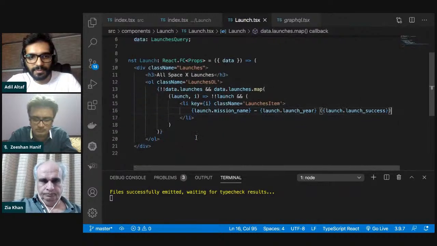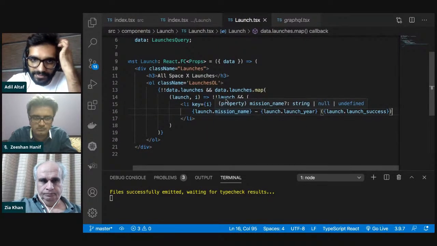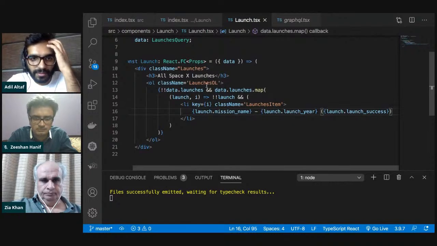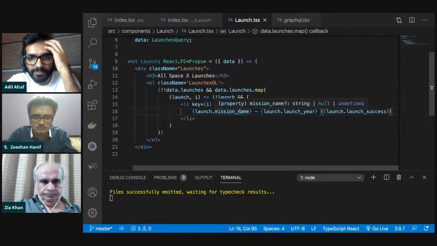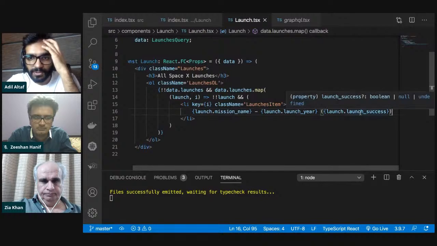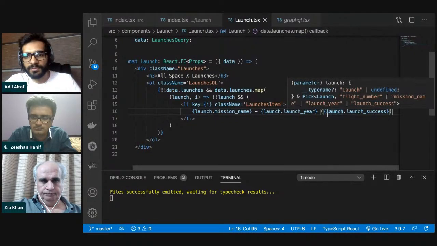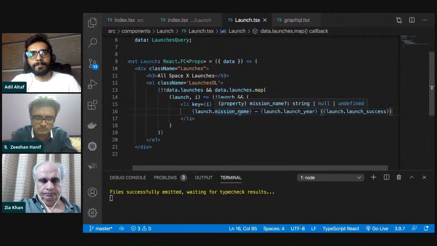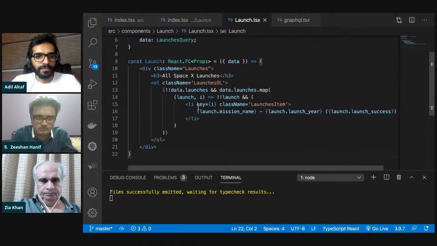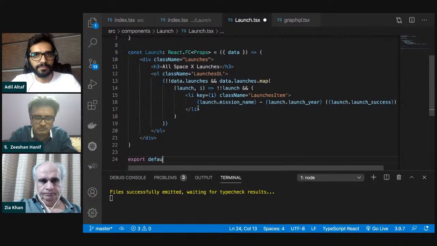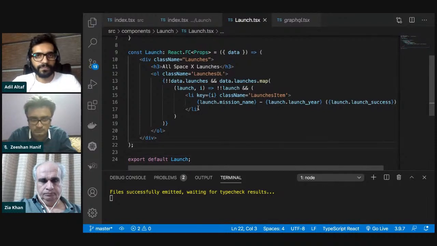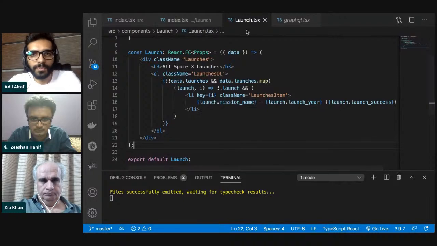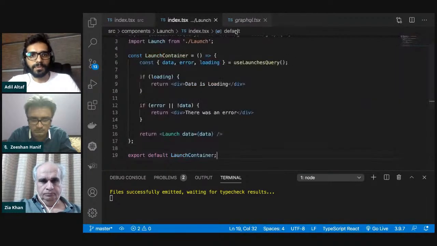So that's our ordered list. It'll map through all the different items in that list, and then it'll show the name of the mission, the year of its launch, and whether or not it was successful. And we just export this. And then we can work on the other one,